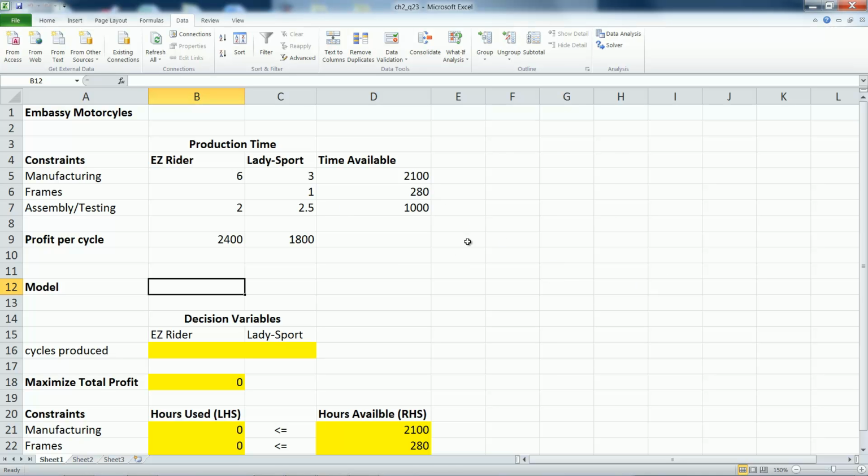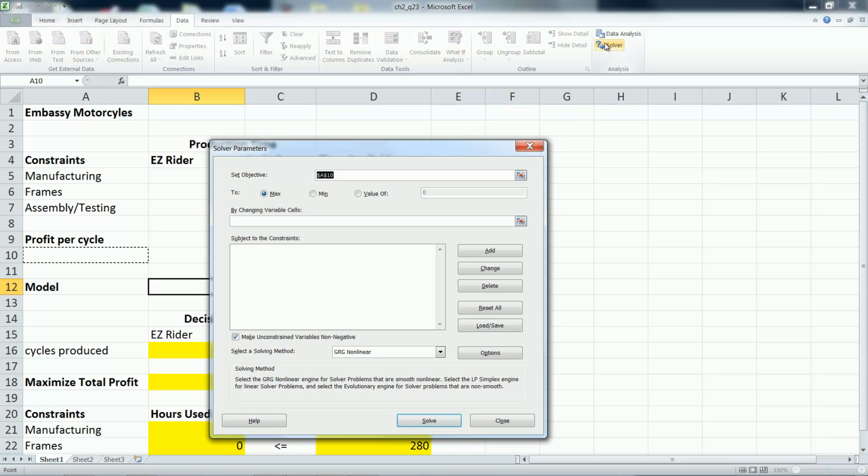Alright, from the previous video I showed how to put the solver in here, so now I know Excel Solver's in here. I can go back to page 89 in your textbook and go through the steps. It says select the Solver. When this dialog box opens,